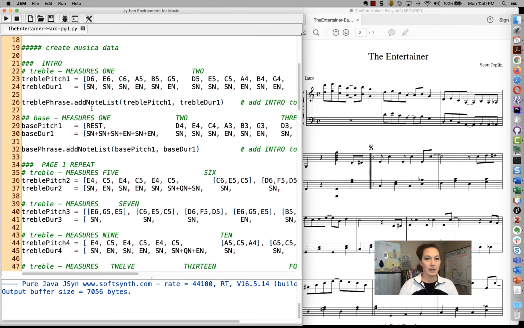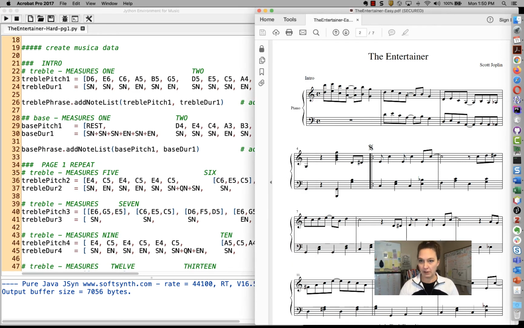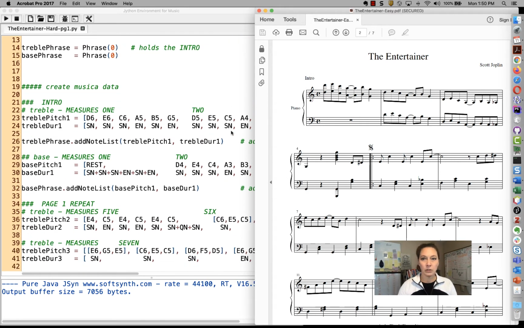What we did is the whole purpose of coming in here. So you're going to see that when we're looking at this treble part here, this right here is my D6. This is my E6 then. And then I also have a C6. And so this is actually the, let's see, this is the easy part of it. Okay, what I did though was, so this here is the rest, because we do have this down here as